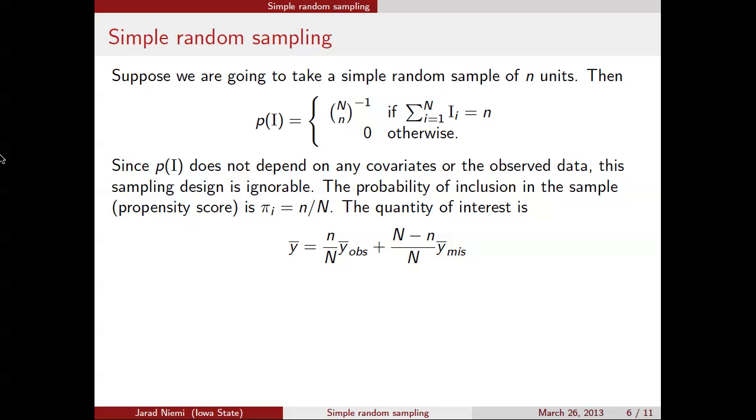All right, so we have y bar equal to little n over capital N, y bar obs, plus capital N minus n over capital N, y bar miss. We're going to come back to this. But that's the quantity we're interested in, y bar, the average over the whole data set. Is that clear why that's the average over the whole data set? Weighted averages are key.